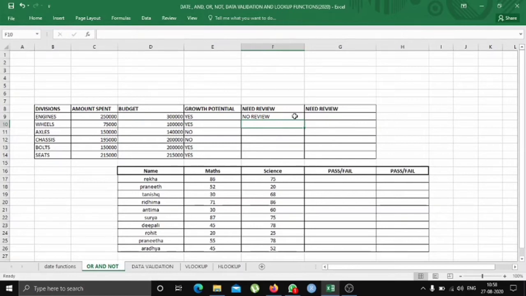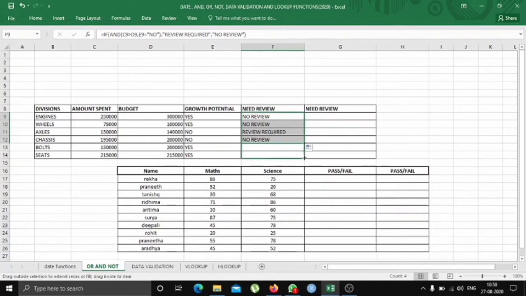So we got no review for the engine division. The same we will get for the wheel division. But in case of axle, since the amount spent is more and at the same time the growth potential is no, we'll get review required. In terms of chassis, we want both the criteria to be fulfilled, but it is only fulfilling one criteria, which is growth potential is no. So over here also we'll get no review because it is only fulfilling one criteria.